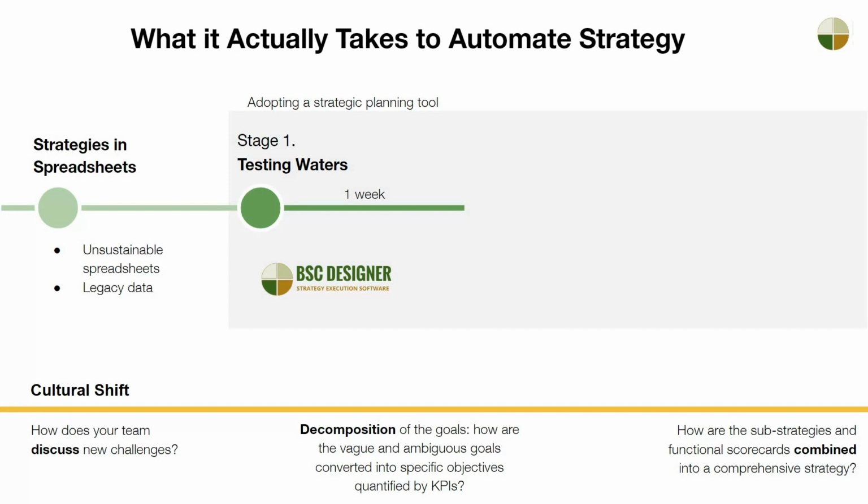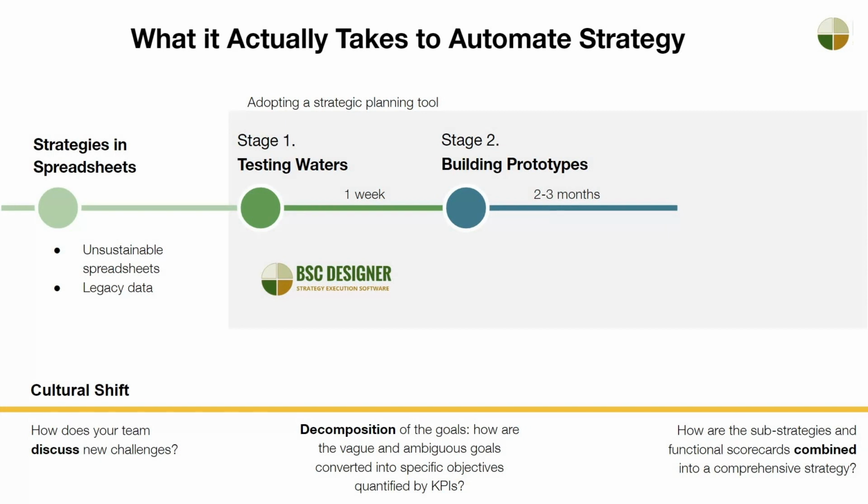Some organizations follow a formal procurement procedure with an official call for proposals. This is fine for the initial screening of the software candidates, but ultimately, most of the tools will have all the boxes checked. It's important to give some tools a try and find out how they feel in practice. Once the initial testing water stage has passed, we see organizations move to the stage of building some prototype of the strategy scorecard. Some remain on the free plan, which is perfectly fine for smaller strategy scorecards, while some prefer to buy a subscription to start building relationships with the vendor.